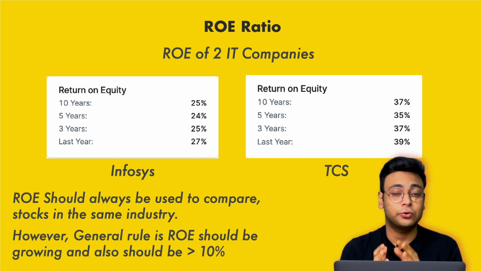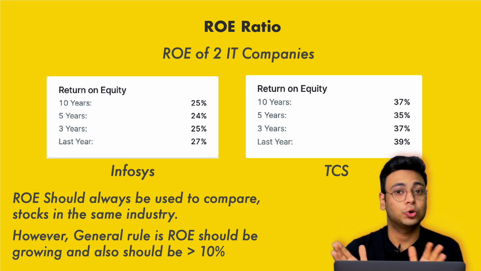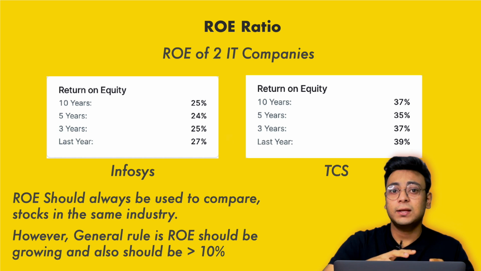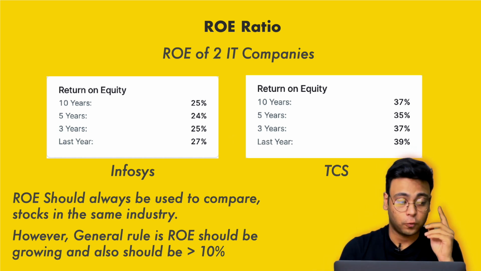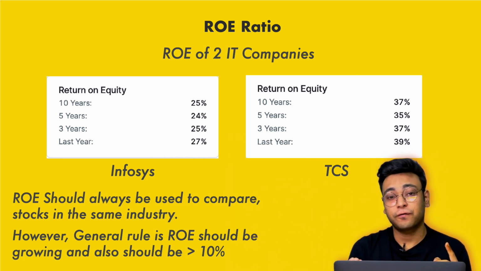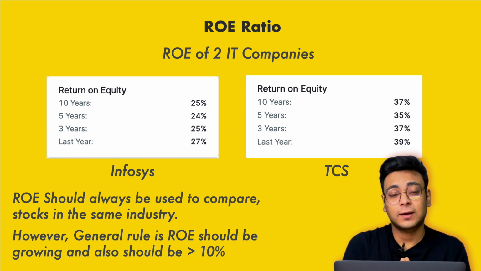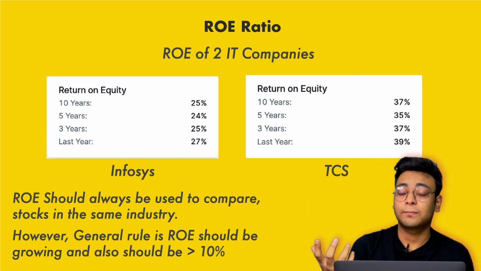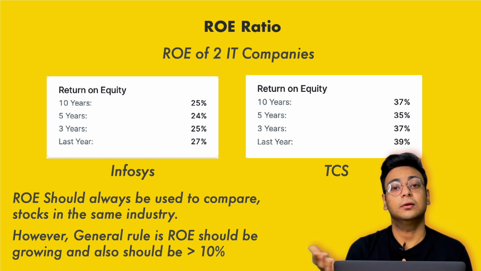When we see a company whose return on equity is lower than 10%, that company is not suitable for long term, because the company's return for the amount invested is very low. For 1 rupee that you invest in the company, it is giving you less than 10% profit for the money that you invest in it. So always prefer a company which is giving more return on equity. That way, the growth of the company is much stronger and it can be said that the company is here to stay and grow much more in the future.